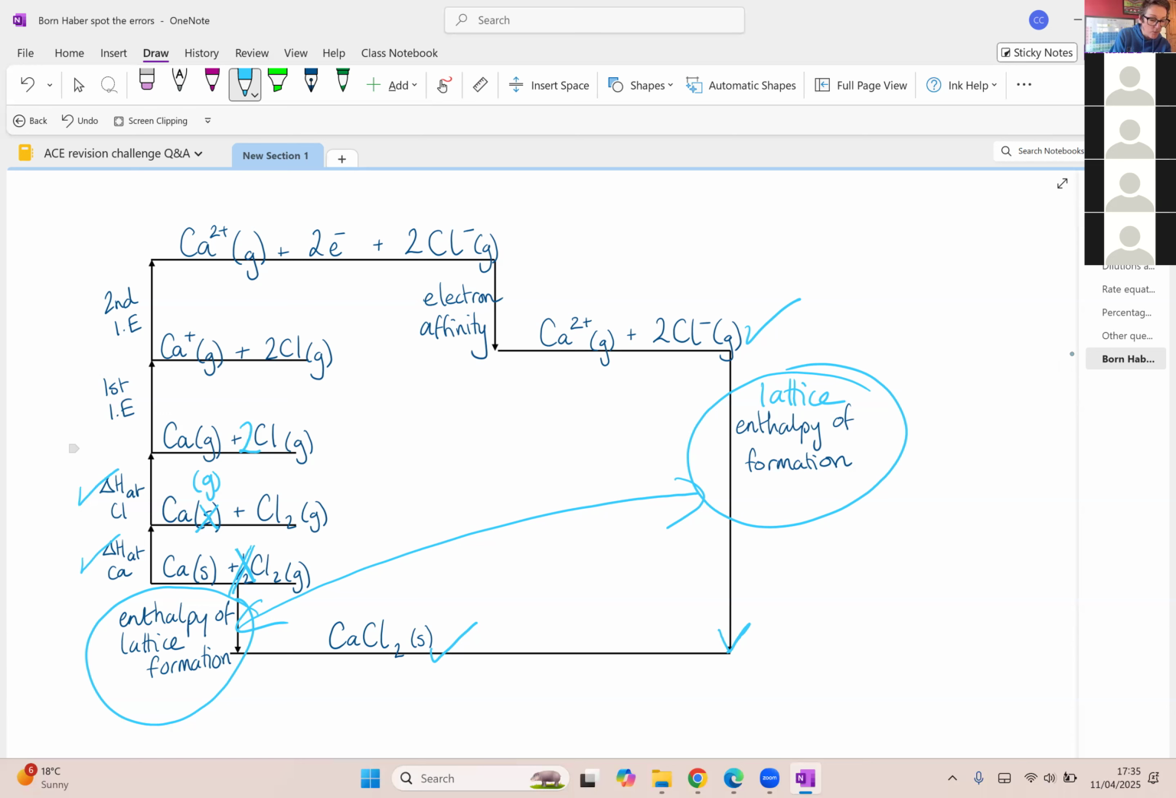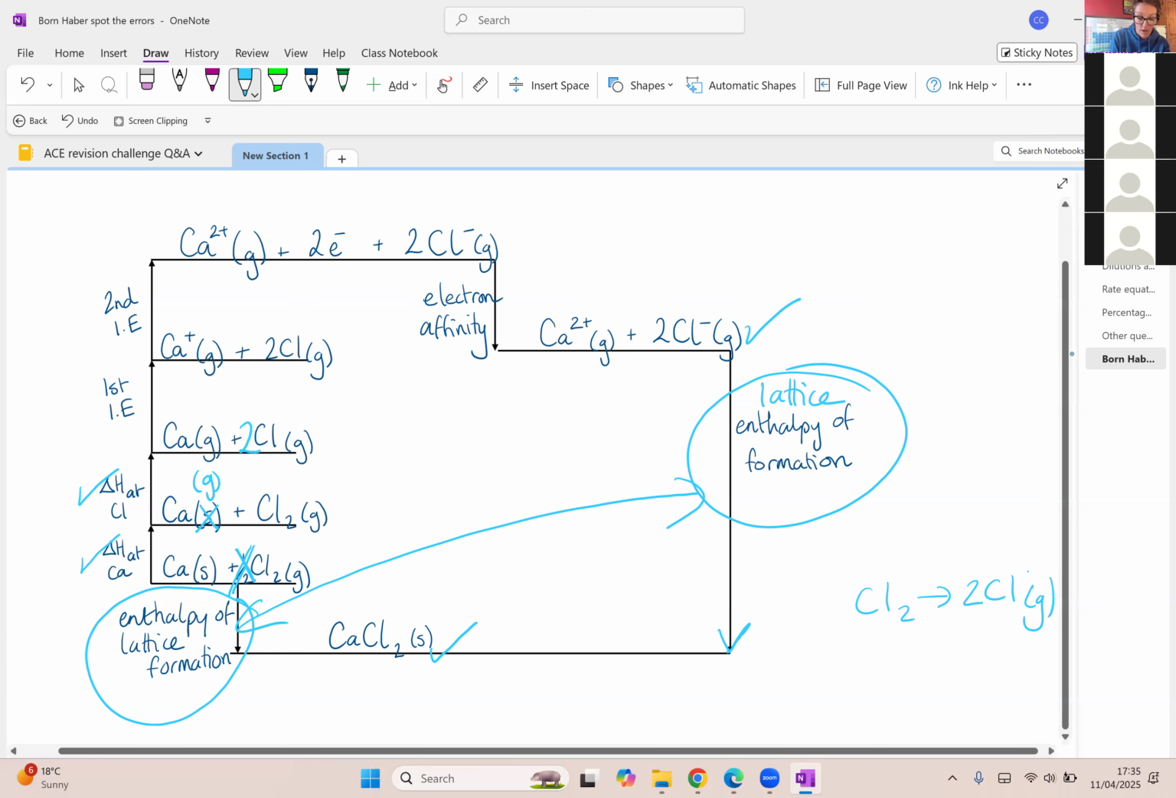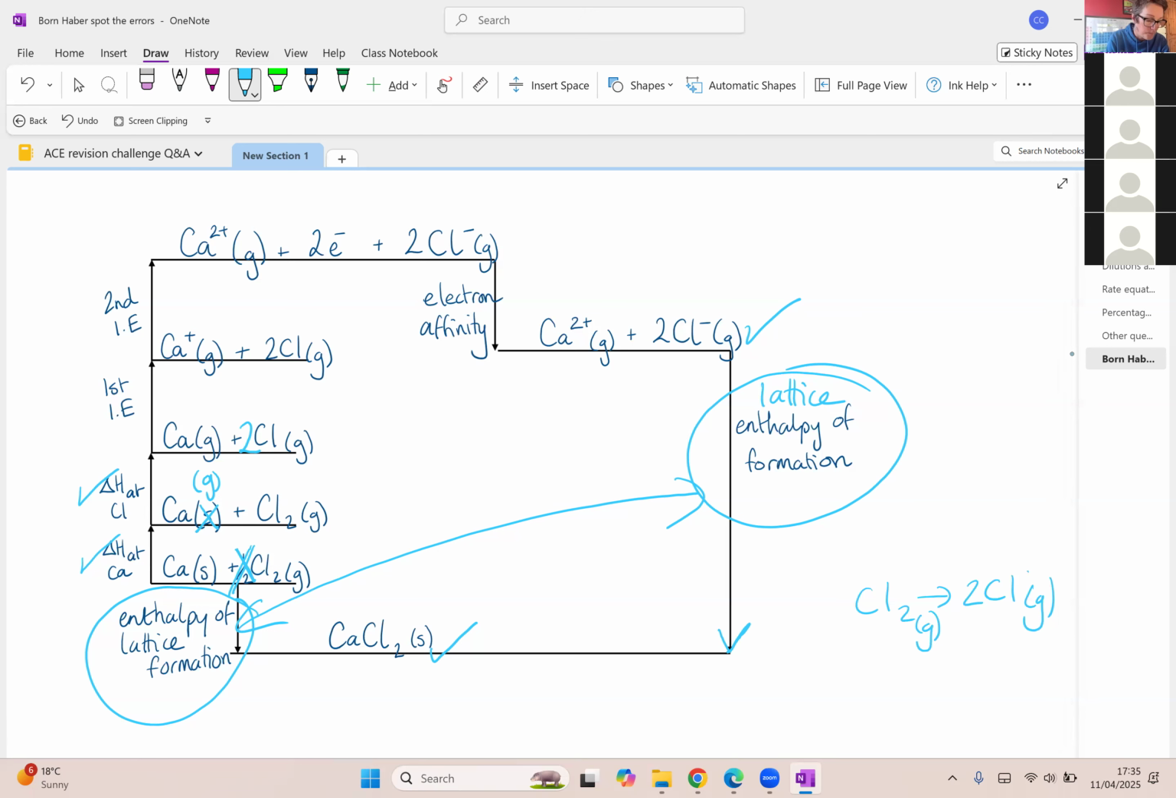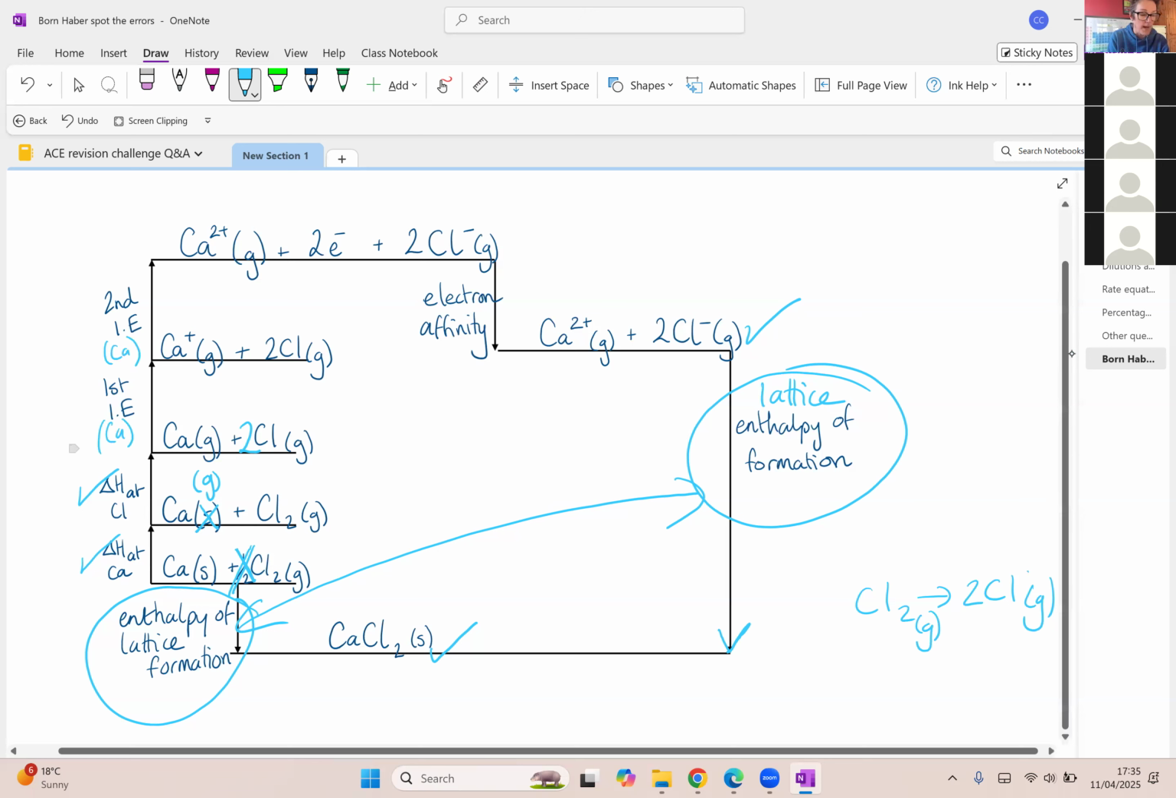Calcium gas, and now what we've done with the atomization is we've taken Cl2 and broken it into 2 chlorine atoms. I nearly put a radical thing in. They are radicals. We don't tend to put that in a Born-Haber cycle. Then we're going to have a first ionization energy, preferably of calcium, although that's not so bad. And then it's the balancing issue again. So there's nothing wrong with, you've got your first ionization energy, you've made Ca+, it's a gas, that's all correct,